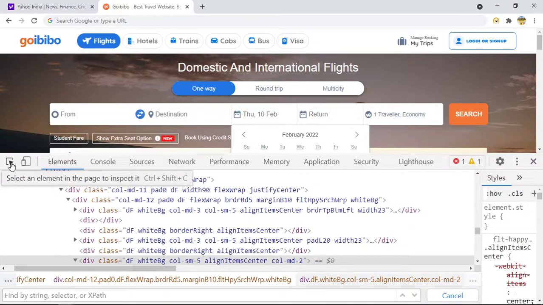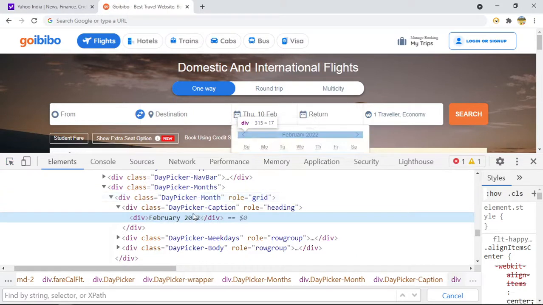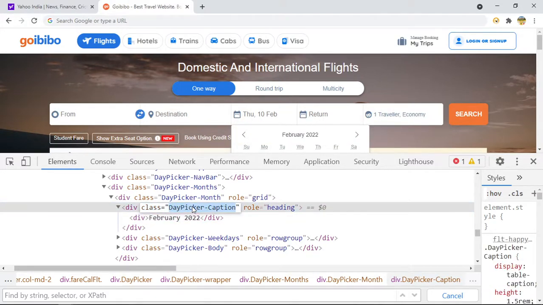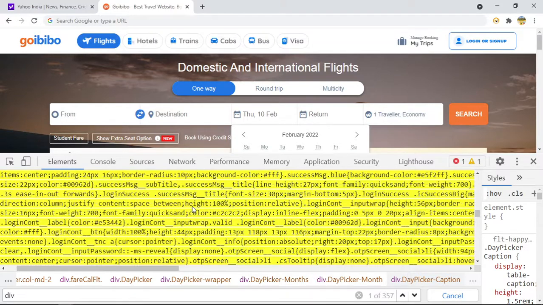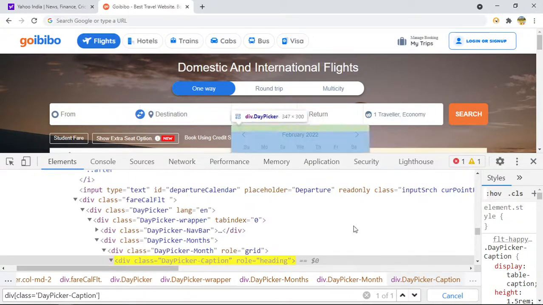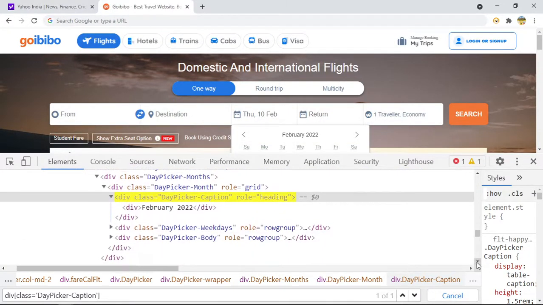So if you inspect this February 2022, this is the text. So I can write one XPath to fetch the text, or you can write CSS, Control C, Control F, div class. So let me write CSS. You are writing XPath every time. So now 1 out of 1 element is matching. I want to reach here, or even if you write the CSS till here, it will still get it, because this is the child of this one. So get text works in this manner: even if you write the CSS till here or XPath till here, and you apply get text, it will pull the text, right? So anyways, let us write till here.